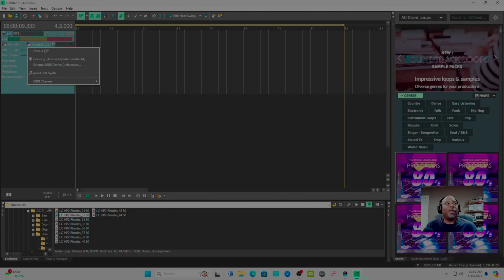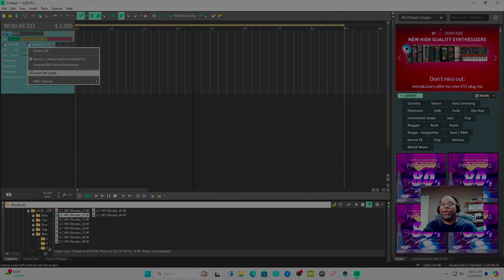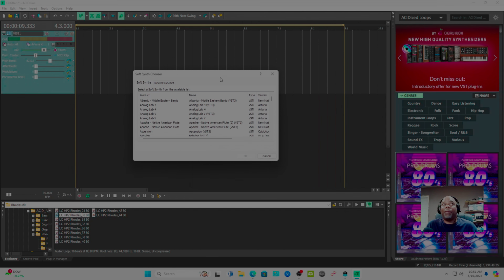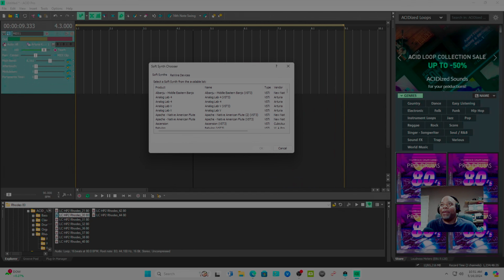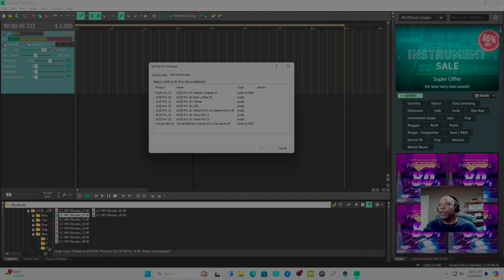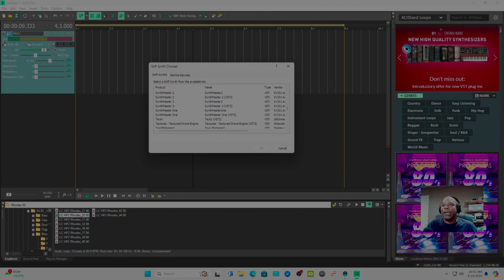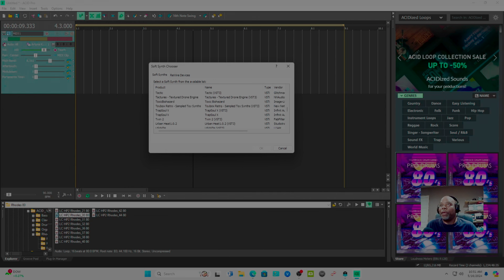I left click this and I'm gonna go to insert soft synth. All right, now this is gonna open up all my stuff that I have that's connected, right? Rewire's dope. I don't know what that is, but go back to soft synths. And this is all the stuff that I have, VSTs wise, the scan, right? So I could use all these VST, which are virtual studio instruments, something like that. I could use all this stuff within Acid.